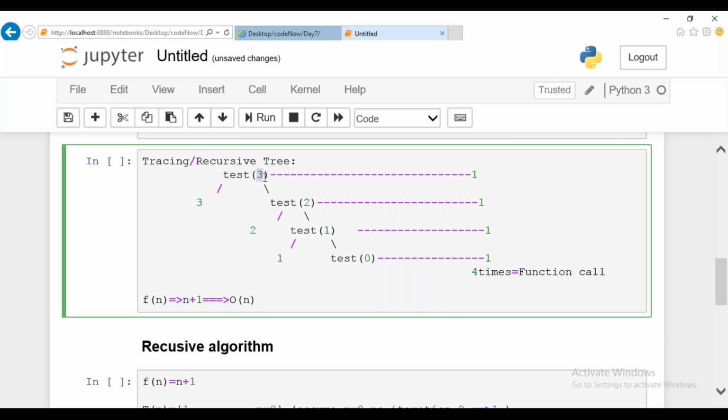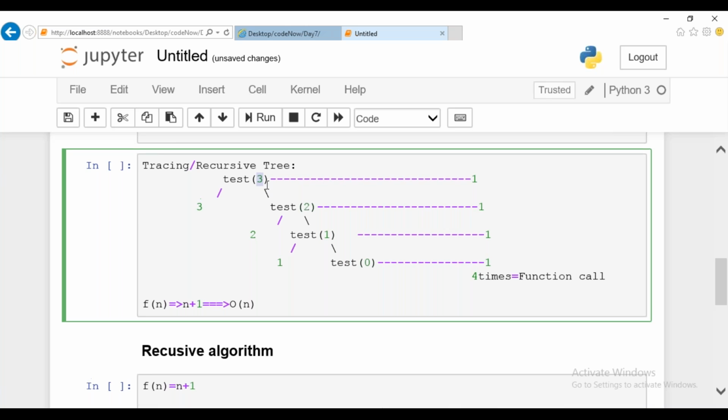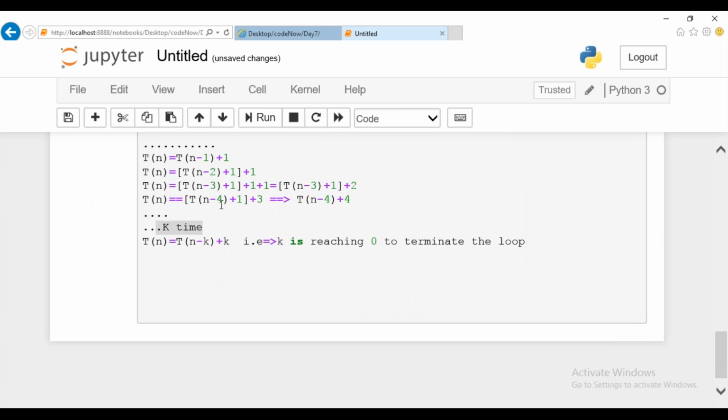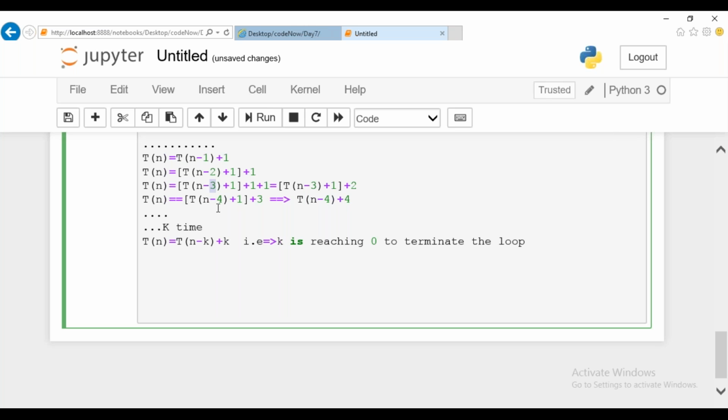No, ma'am, I don't assume it as the n value. We are considering it as k here. Okay, ma'am, the expression you can notice: this is the first time, second time, third time, fourth time, kth time. Got it? Number of iterations: first iteration, second iteration, third iteration, fourth iteration, fifth iteration, kth iteration. It is increasing now, ma'am. Then how will it become 0, ma'am?